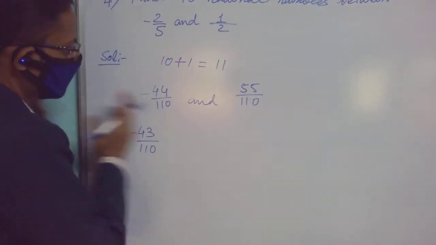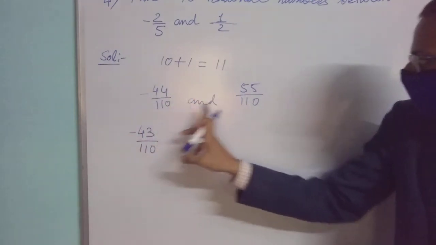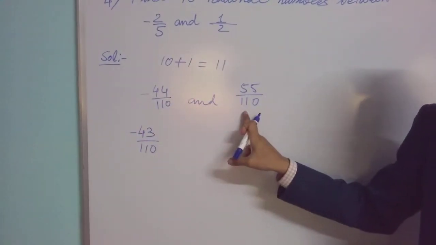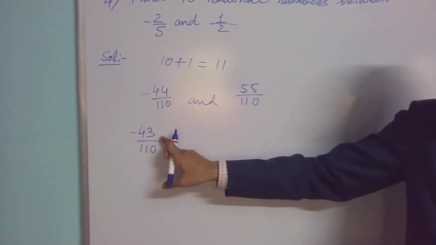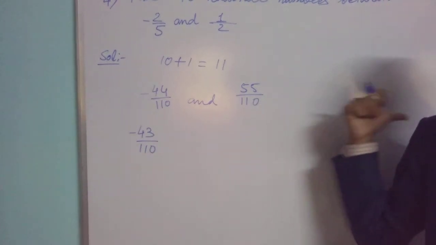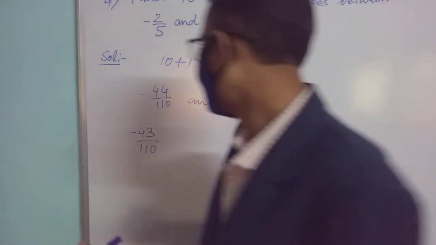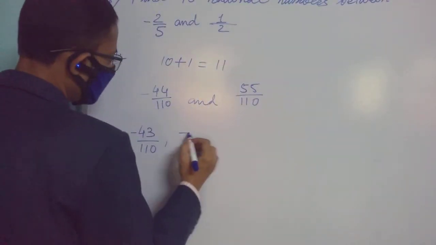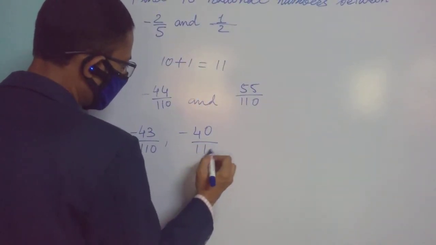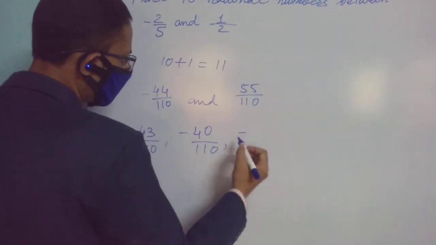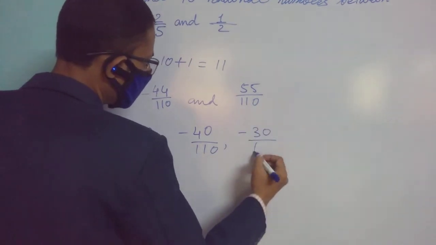Minus 44, minus 45 will be on that side. So we are given a negative number and a positive number. That means if I start from here, I need to go towards the positive side. That means I will write minus 43 by 110, minus 40 by 110, minus say 30 by 110,